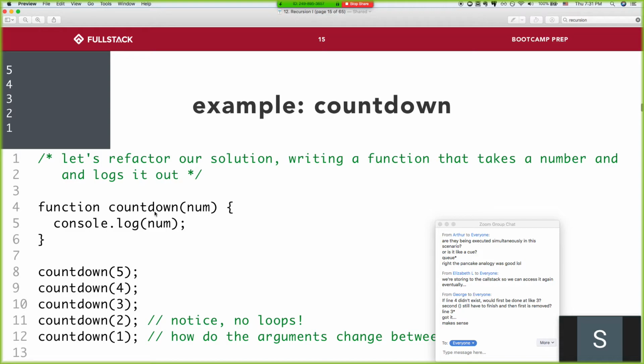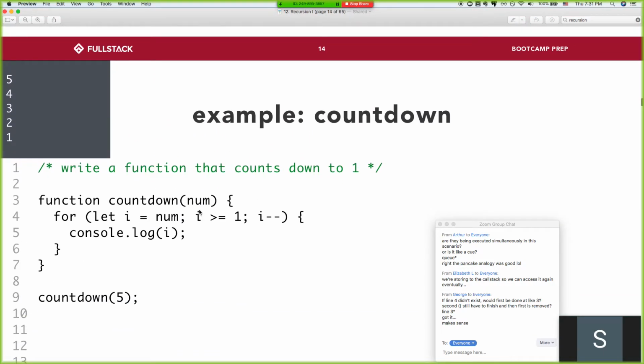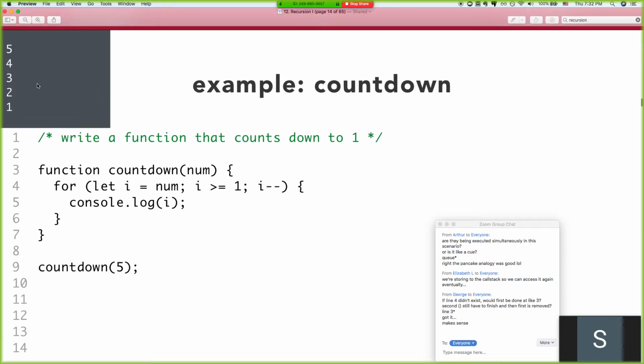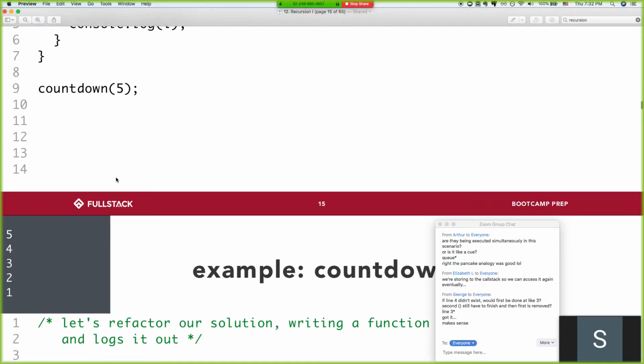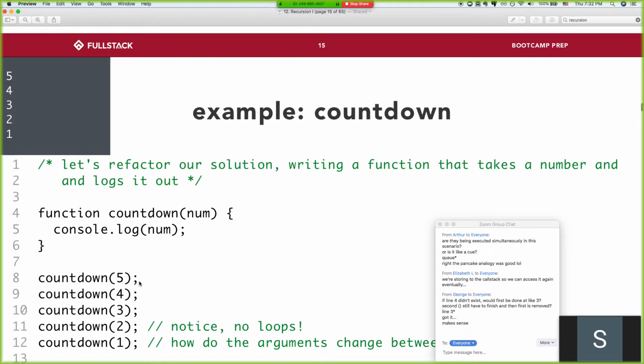But how about, if we simplified it, we just took out the loop and we just try to break it down into smaller and smaller pieces, and try to use the function itself to solve this. And so essentially we could call countdown multiple times like this. If we simplified it so that it did the bare minimum, and we just called that same function, obviously